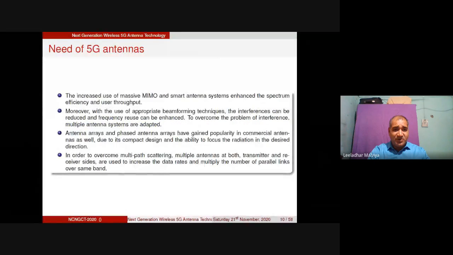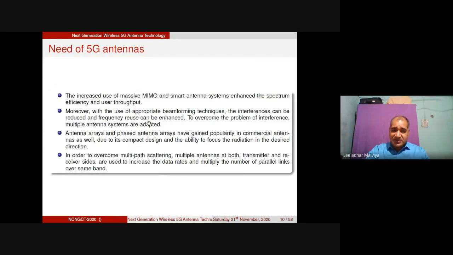So if you look at the other aspects of the 5G antenna, here the massive MIMO is nothing but a multi-user MIMO. Up to the 4G, we have used a single user MIMO because there was no need of the large coverage in case of the 4G. So we use a single user MIMO. But in case of the 5G, because of the increasing mobile users, we always require multi user MIMO. So that is a massive MIMO. So massive MIMO has a solution of the increasing mob, right? Higher efficiency, higher throughput, and we can say that in case of the particular coverage, we can use beamforming. So beamforming is also the part of the 5G technology.